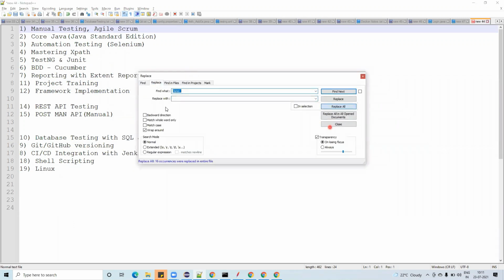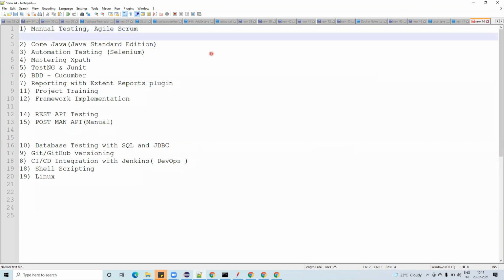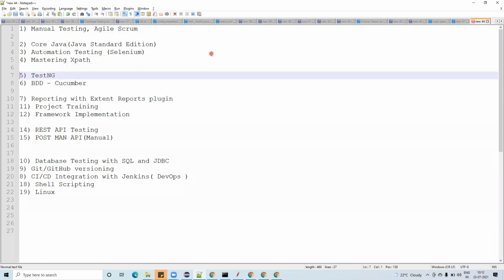Manual testing you're supposed to get. Core Java, Selenium, XPath. JUnit is nothing actually. Remove that JUnit. TestNG, Cucumber, these two are important. And reporting with Extent Reports.